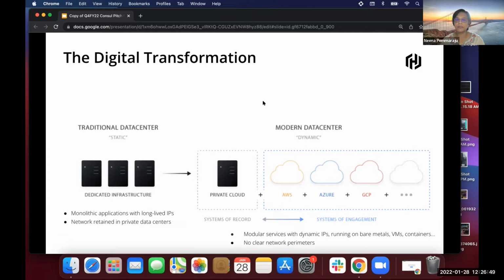What do you do for networking? That is the challenge you're trying to overcome: how you stitch your networking together between your dedicated static infrastructure on-prem and the more modern dynamic infrastructure running in the cloud.